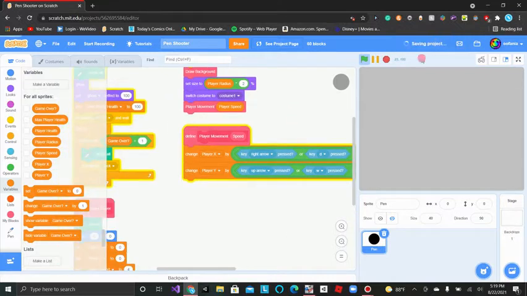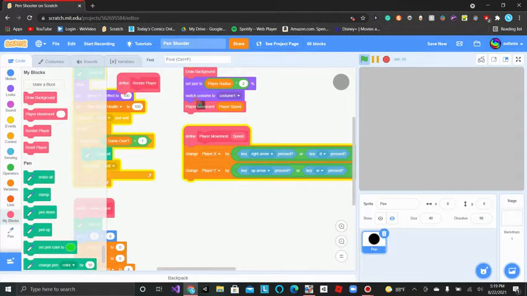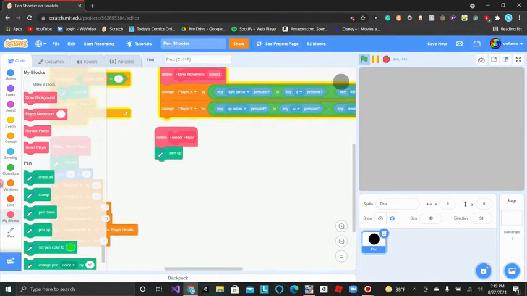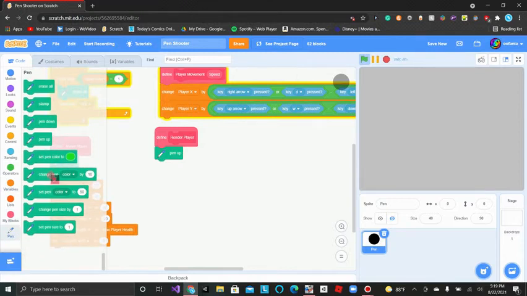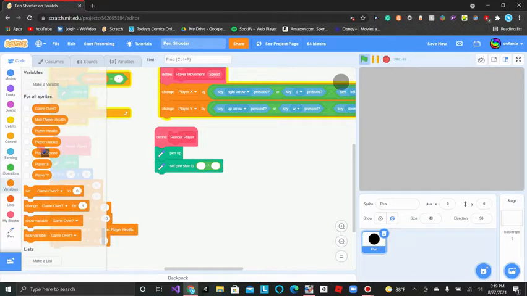So our player now can move, not scrolling yet, but I'll add that in probably the next video. But we see the player. So I'm gonna make a new block called render player, and this is gonna be run without screen refresh. And then what we can do in the render player is put the pen up, and then set the pen size to be player radius times 2.3,